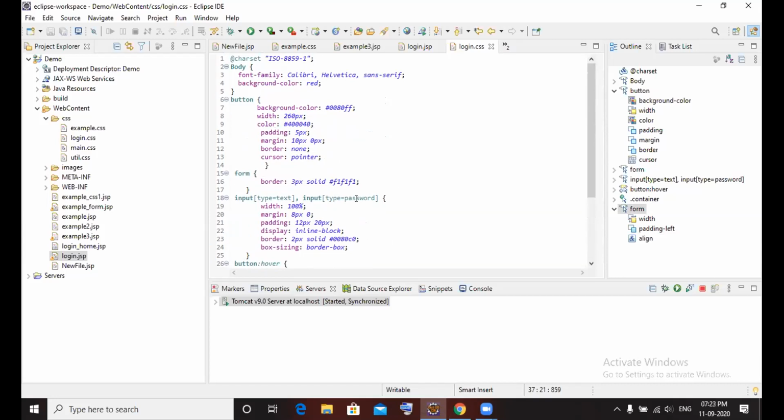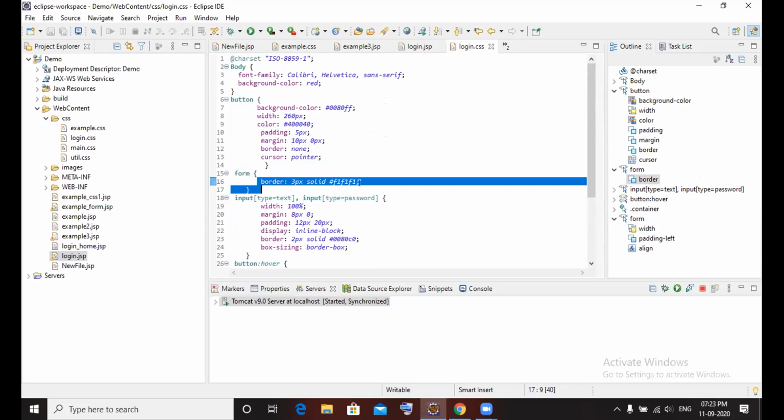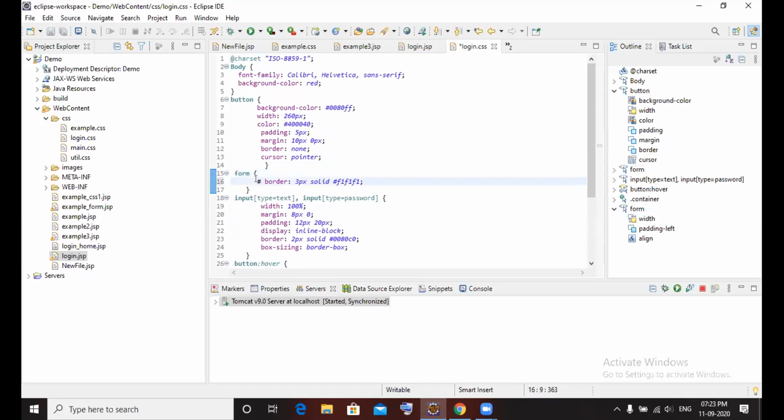I use this line for this border. You commented it. Just comment it. Slash then star before the border. Not hash, star.